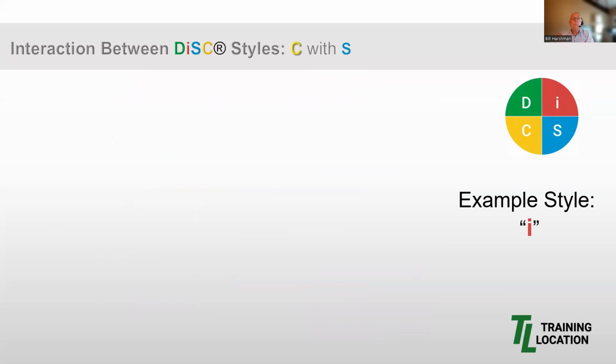Okay, so we examined the behavioral patterns and tendencies, preferences, needs, and even fears of the two styles. I want to use an example of the I style just to focus us off the C and the S for the moment. This will be our example, so I can pause here and dive a little deeper and broader into what further defines a style. We'll get back to our C with S interaction shortly.